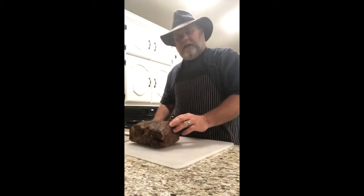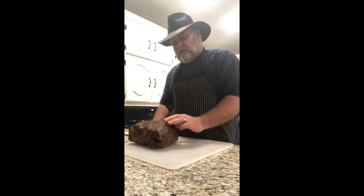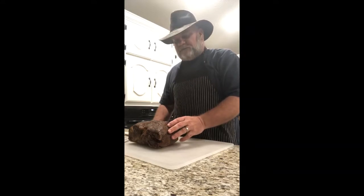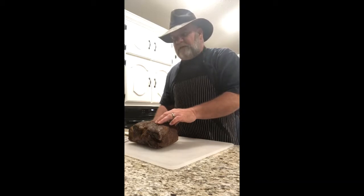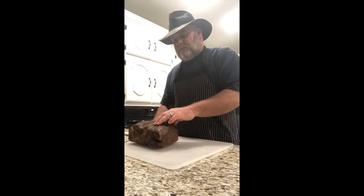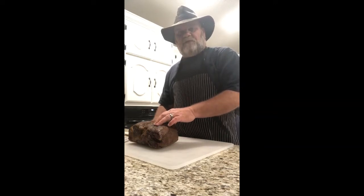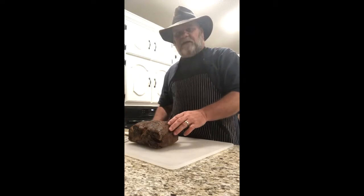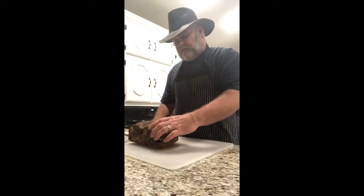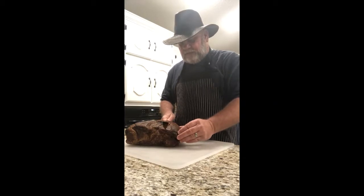So today we're going to trim all the external fat off of this pork butt roast because it's got a lot of intermuscular fat, so we don't want the juices in the crock pot to become overwhelmed with fat, because we're going to leave those juices in there. It's going to become part of our barbecue sauce. So if we get the external fat off, it won't be overly fatty. So that's what we're going to do right now. We're going to trim this fat cap off,